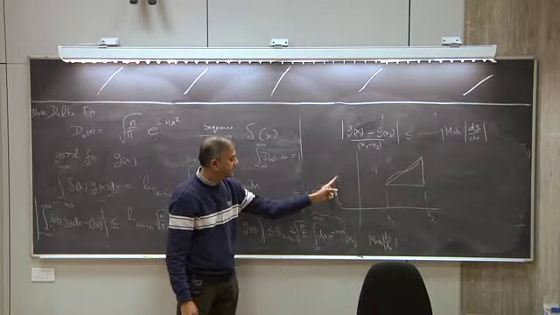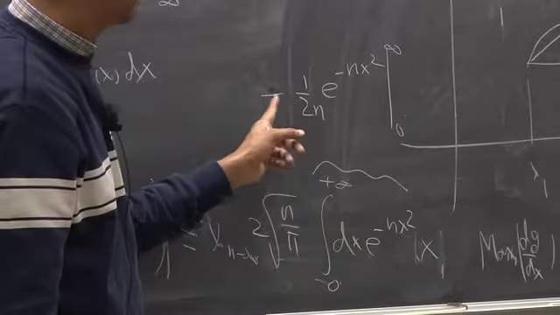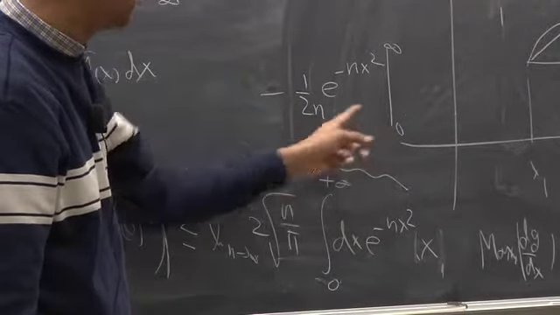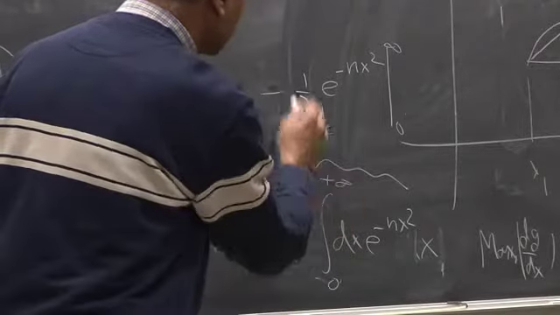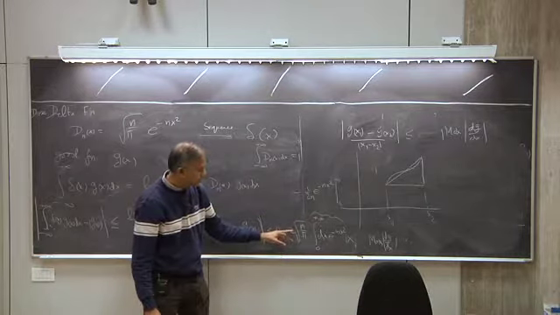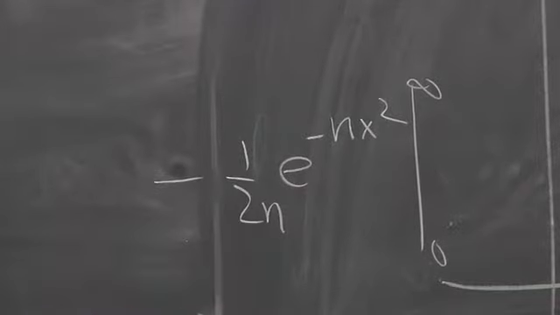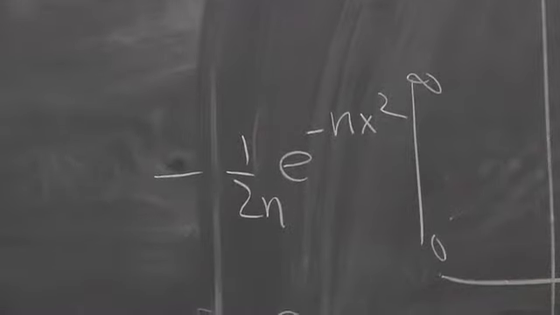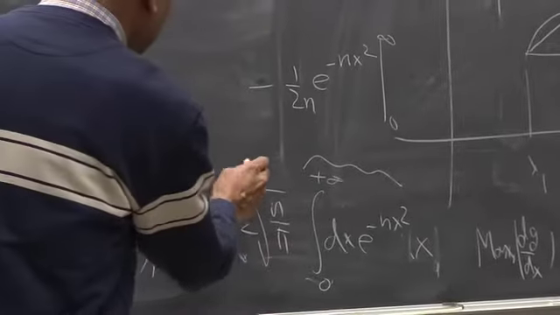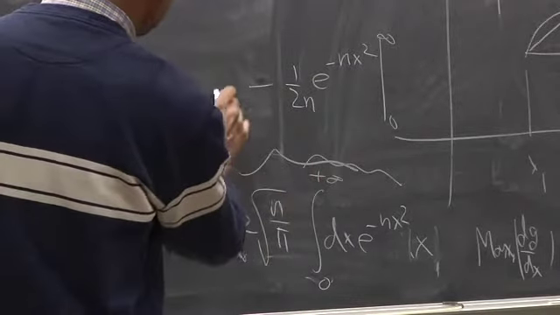So at infinity it is 0 because it's exponentially damped, and at 0 it's 1. So the minus minus cancels because of the lower limit. So this entire integral is simply 1 over 2n, right? And you multiply by that, so a root n removes a root n from here, but you still end up with a 1 over root n, right? So this result is the same, as 2 cancels, so it's just 1 over root n pi